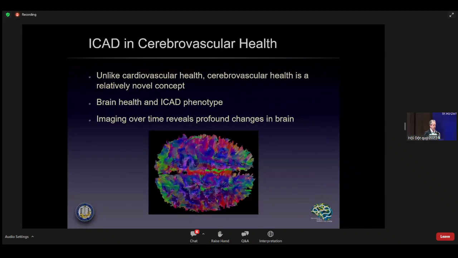So intracranial atherosclerotic disease is very important in not just brain health, but in terms of cerebrovascular health. We've heard a lot about cardiovascular health, cardiac health for many, many years now. And only in the last several years, probably maybe about 5 years or so, have we heard more about brain health. And as a neurovascular or stroke person, I'm much more concerned about anything that's neurovascular and stroke related and vascular health or cerebrovascular health. Imaging tells us a lot about what happens over time. And I'll demonstrate how in intracranial atherosclerotic disease, we're using imaging to tell us how patients do over a longer time period with chronic disease like ICAD.